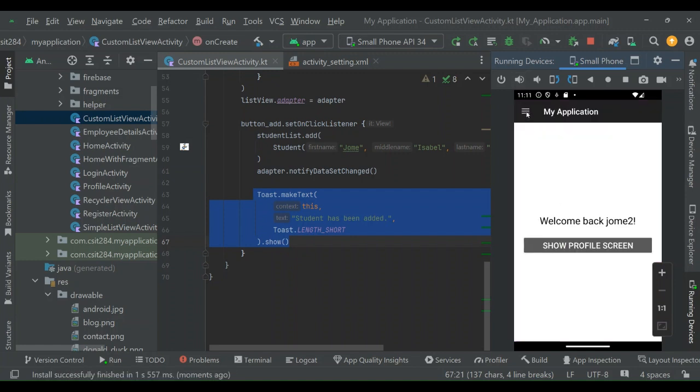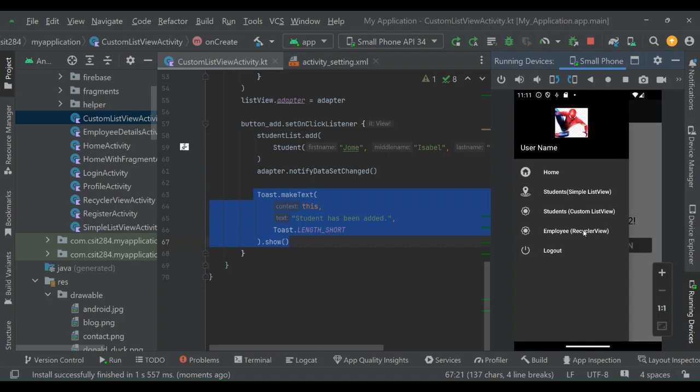Okay, now it's going in, because what we did in our last tutorial is that our login is now actually connected to our backend. We had a tutorial for this. For those who have not seen that tutorial, please look for the video in my playlist, where the Android application is now connected to a backend.